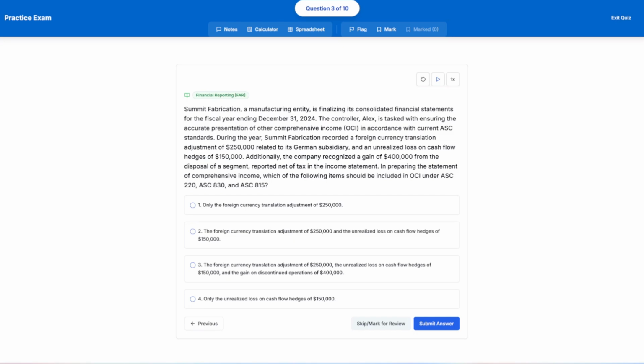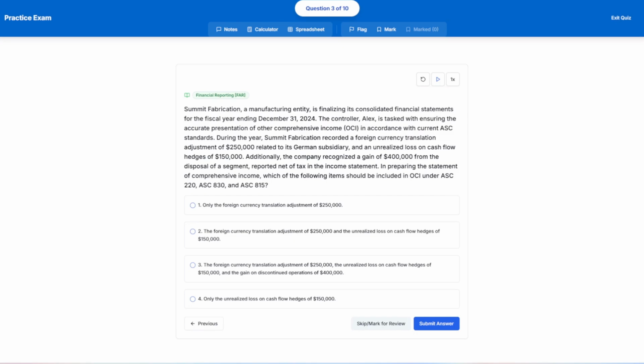Comprehensive Income, or AOCI. Now, ASC 220 provides the framework for reporting comprehensive income, which includes both net income and OCI. ASC 830 deals with foreign currency matters, and ASC 815 addresses derivative and hedging activities. So the key principle here is identifying which transactions impact OCI and not net income. Let's go through each